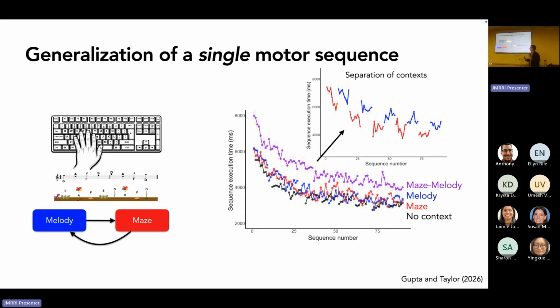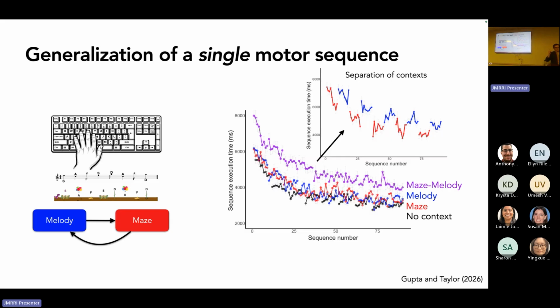You've got one learning function for learning in the maze context, in red, and you've got one function for learning in the melody, with effectively no transfer, right? So again, if you master the maze, when you switch the context to the melody, you go like you've never played it before, right? And then you learn, you come back to here, you pick up where you left off, right? Where you come back here and pick up where you left off there, right?